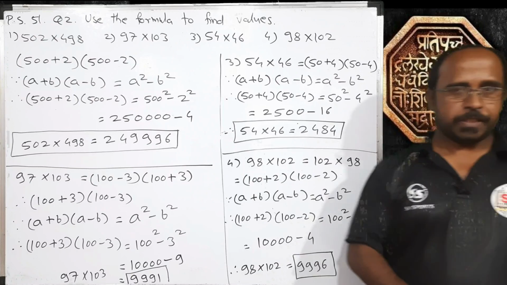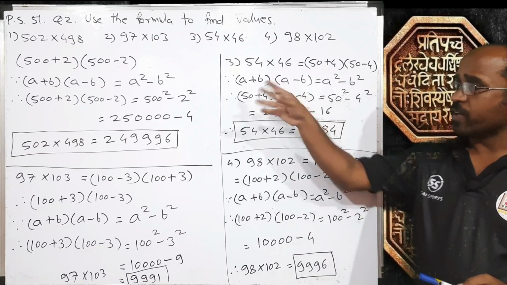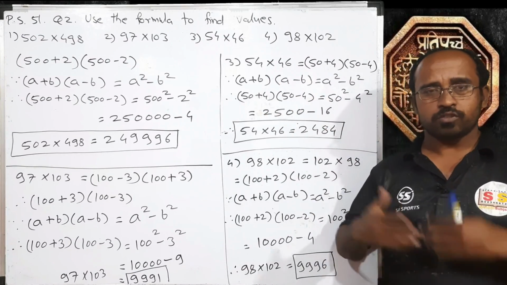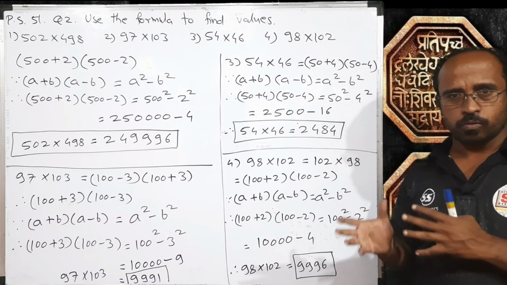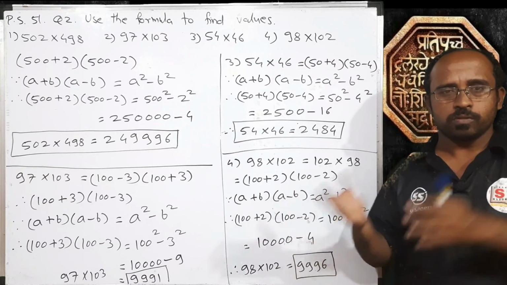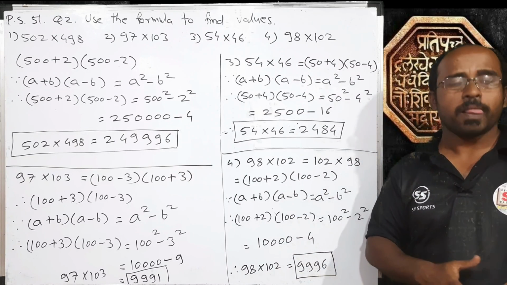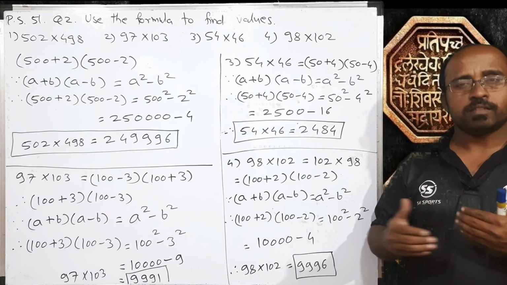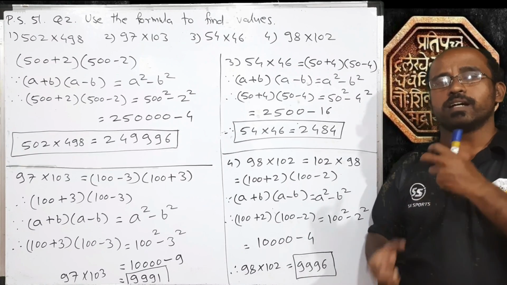You can do an activity. Take various such numbers. Ask your friend as a puzzle to multiply. He will ask you same kind of questions also. Then see who is calculating rapidly.